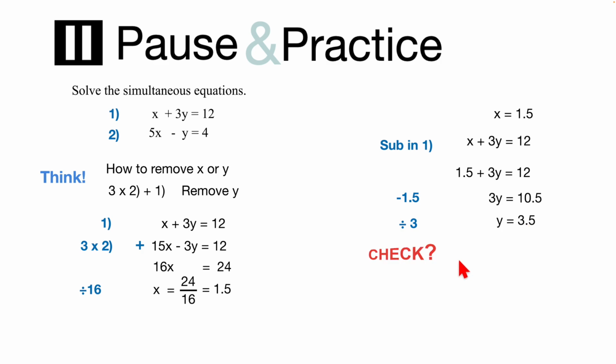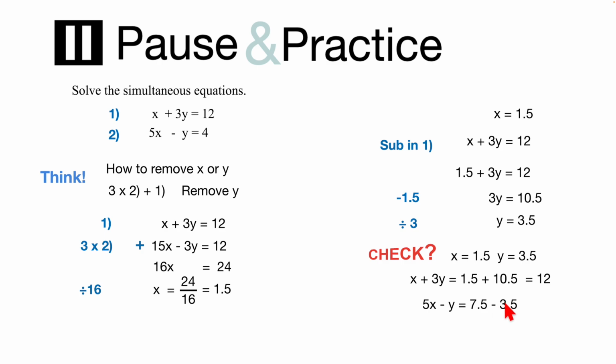But no question is complete without a check. What do I do to check? I put these numbers into the original equations to check that they both work. First equation, x plus 3y, that's x is 1.5, 3y is our favourite number here, 10.5, 3 times 3.5. Add those together equals 12, which is good news because that's what I wanted. Second equation, 5x minus y equals